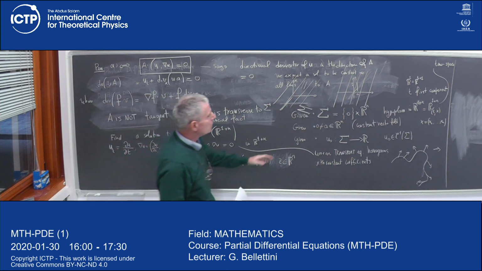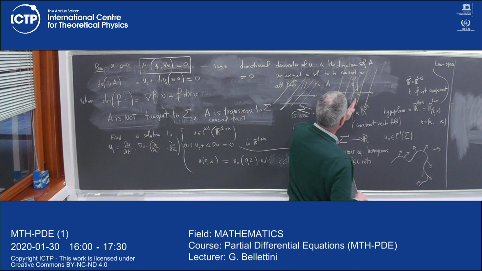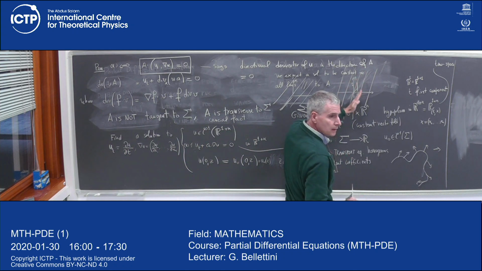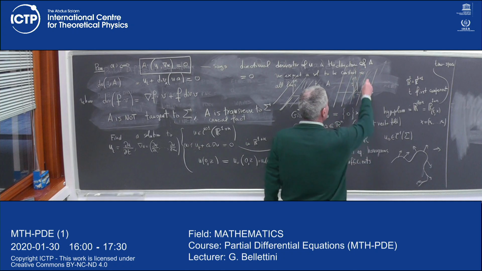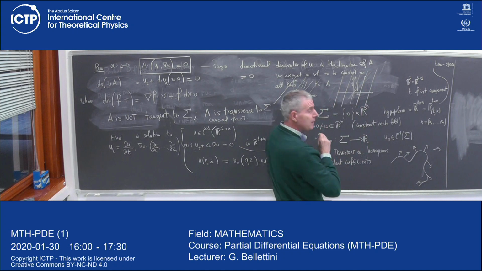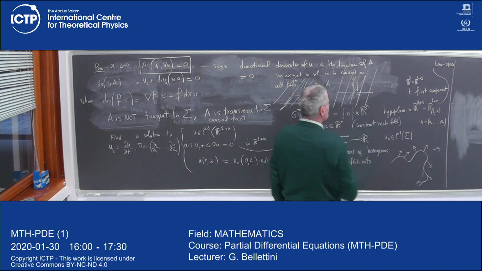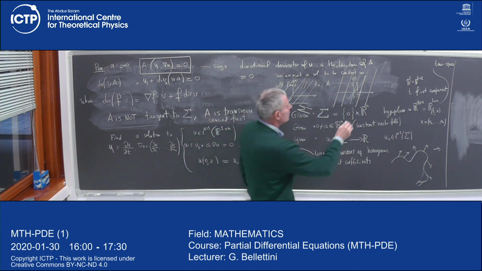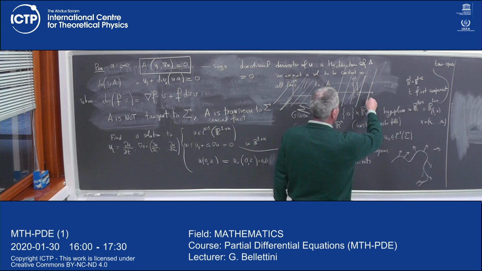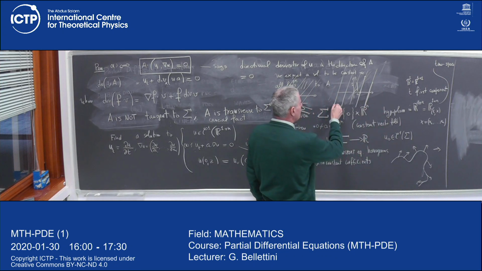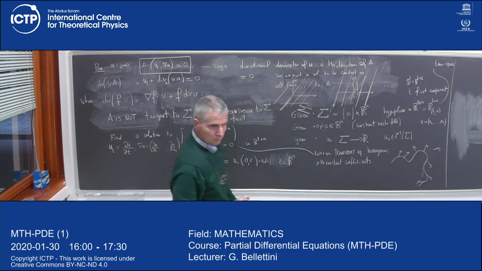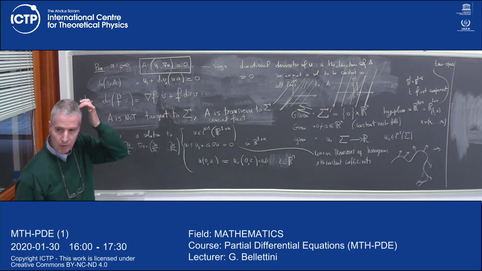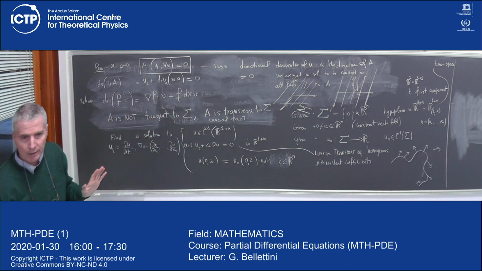So in 2 dimensions, in n equal 1, these are lines where u must be constant. So the value of u here must be equal to the value of u along all these lines here. In particular, the value of u here must be equal to the value of u here. Right? The value of u at (t, x) here must be equal to the value of u along this line, in particular at time 0. Okay? This is what the equation is saying, provided u is C1.